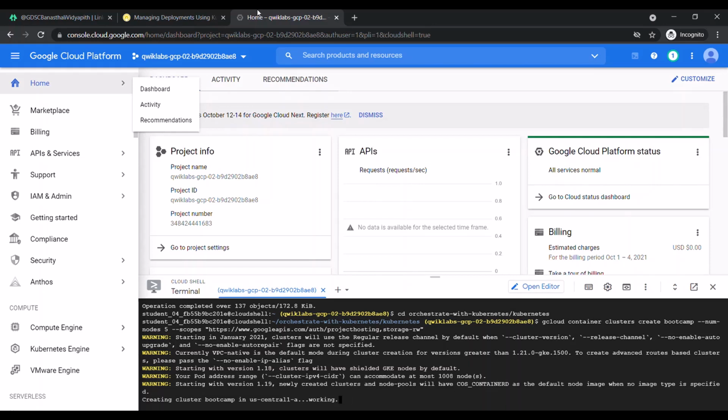Also, one thing I would like to tell you is that Kubernetes containers are not restricted to a specific operating system. That means, unlike virtual machines, they're able to share operating systems and run anywhere.